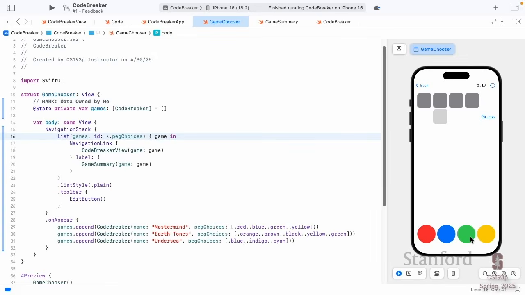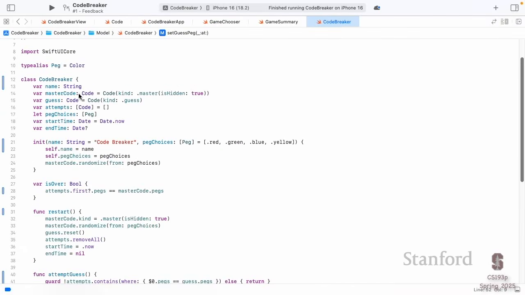And I intentionally didn't put that on here because I wanted you to see what happens if you don't do it, which is that I'm going green, green, green, green here, and that is being set to green, green, green in my model. It's just that the UI is not updating. UI can't see it because that's being changed in the heap, and Swift has no idea that things are happening in the heap. So that's why we need to go back here, and anytime we have a model that's a class, we say